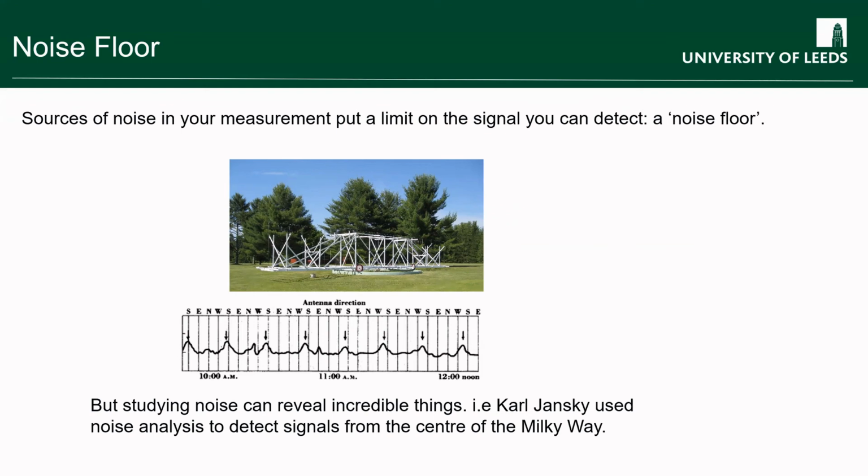And this basically gives you a limit on the signal that you can detect. So there's what's called a noise floor, which is the point at which you can't detect a smaller signal because it's lost in whatever level of interference you have in your experiment. However, sometimes you can actually make use of what's going on in terms of interference. We'll cover more of this later, but just as a first example,